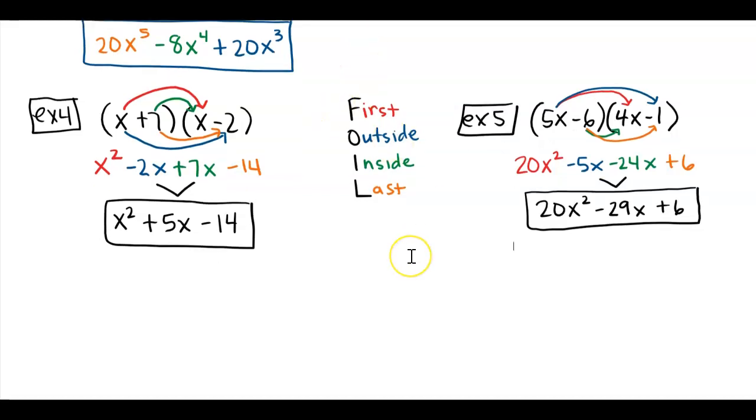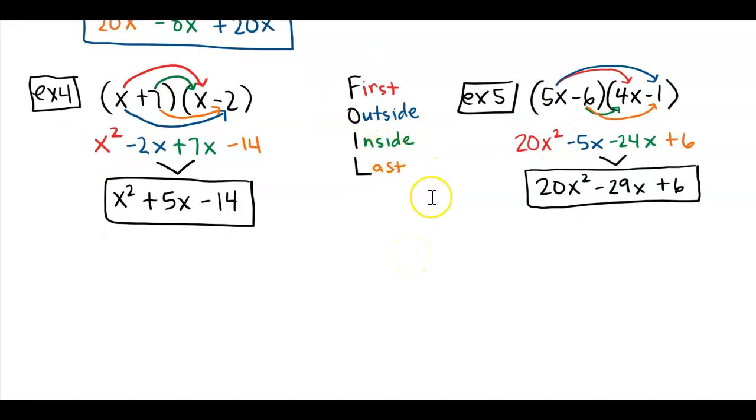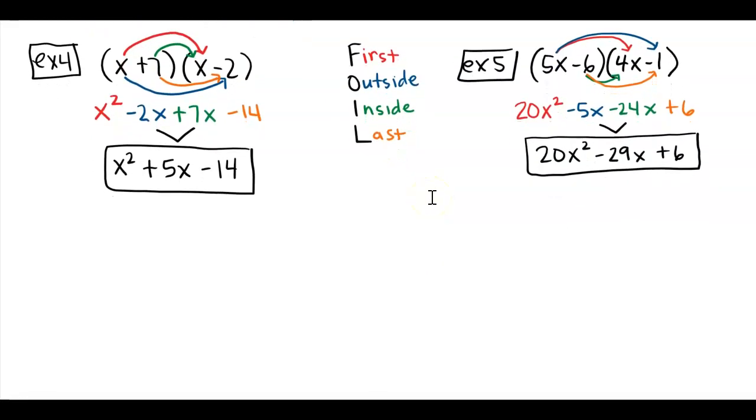Okay, so remember, you're just doing the first, outside, inside, last on these when you have a binomial times another binomial. All right, let's try another one here. Usually the directions will just say multiply and simplify on something like that. But what if they give you something like this? What if we have